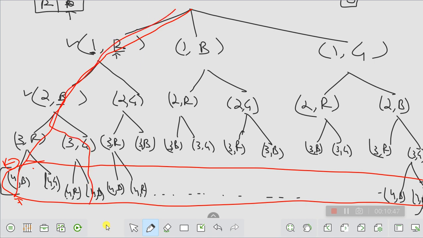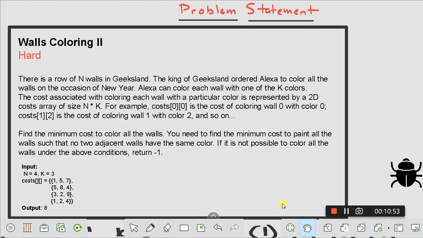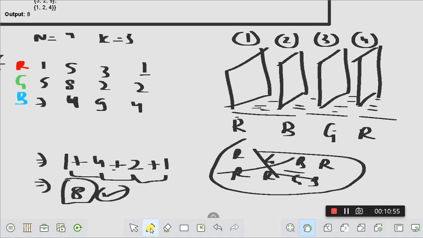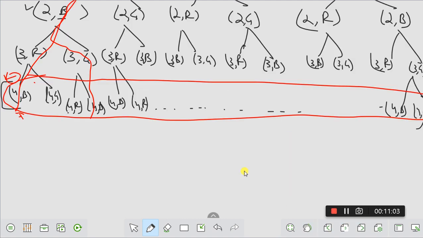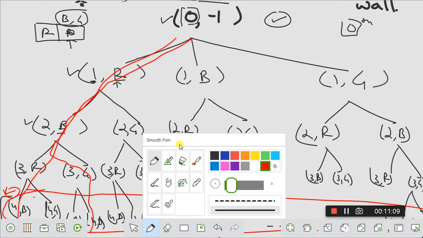Since you can even relate them with the combinations that we have in the previous example. So if I show here, I have the first combination: red, blue, green, and red. I have more possible combinations like red, green, blue, and red. So you can relate here as well. Here you can see that the first combination that we have is